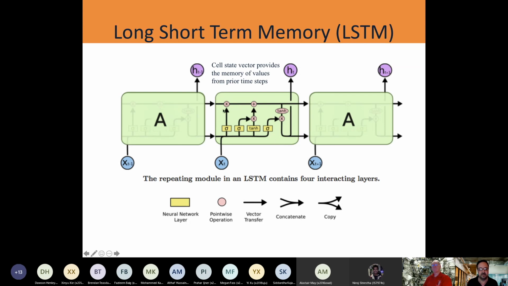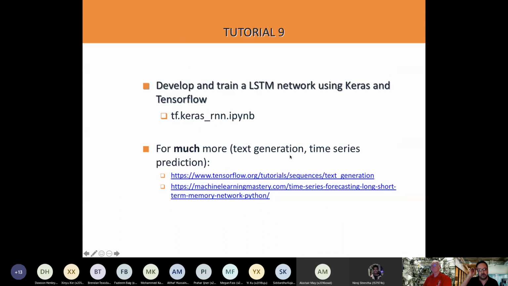So the three gates, again, that control the memory functionality are keep or forget. Sometimes this is called the forget gate. The next one is usually referred to as the write gate. And the third is the read gate that allows the data to come off the memory and be combined and passed into the next activation point. So to make this a little clearer, I think the thing to do is to just get out our Jupyter notebook and let's take a look at the Keras RNN notebook.